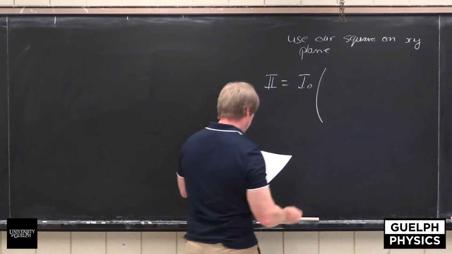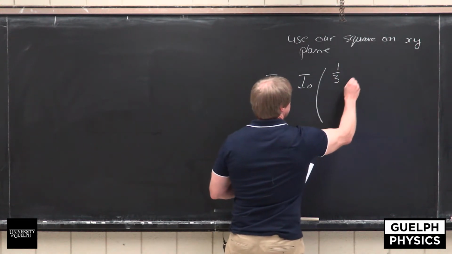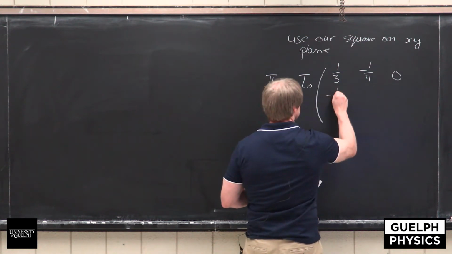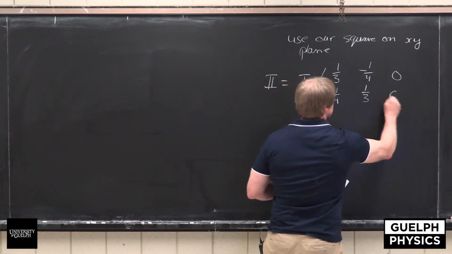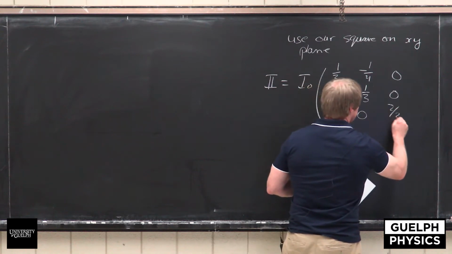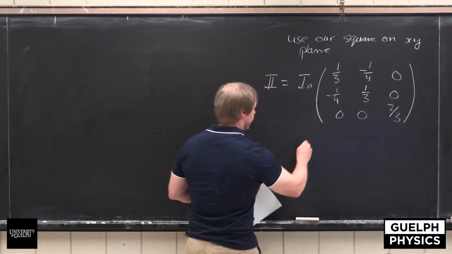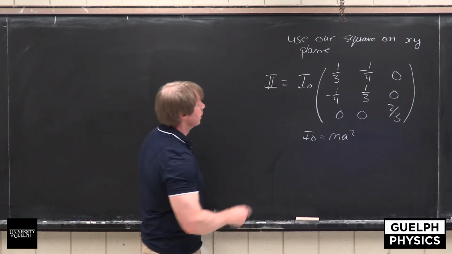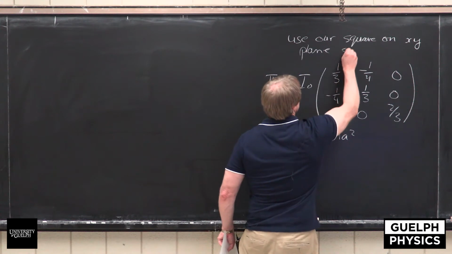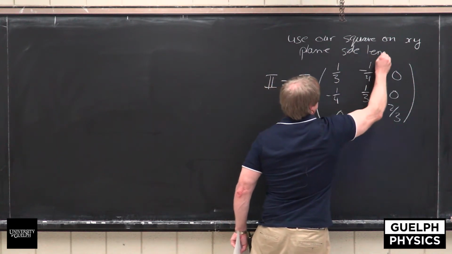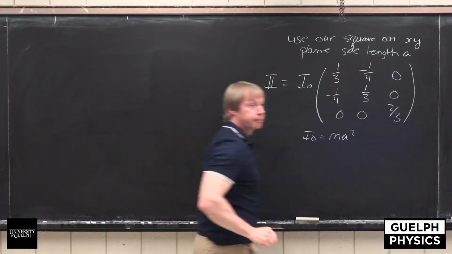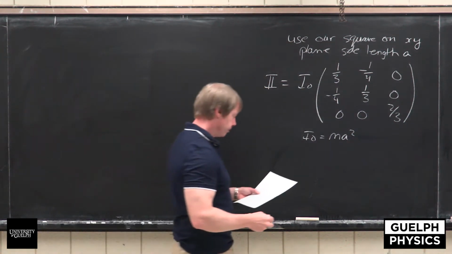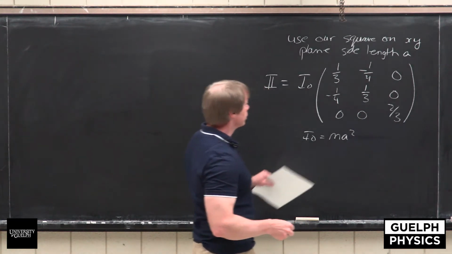So I'm just going to write down again for completeness what we had worked out for the inertia tensor. 1/3, 0, 0, 0, 2/3, and this I naught, recall, was ma squared. So the square was side length a. So from the expressions for the